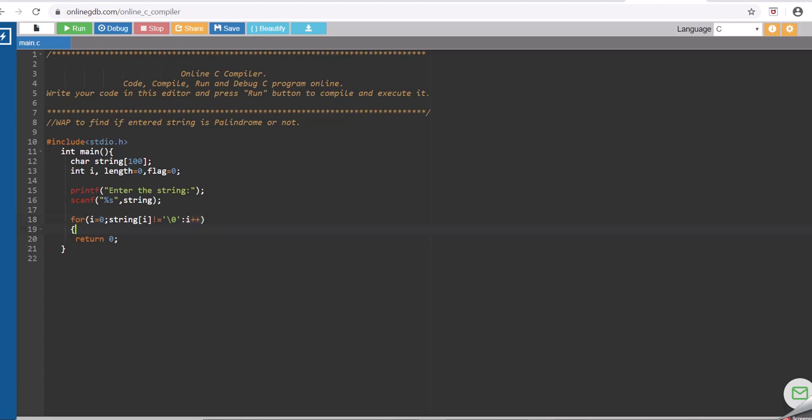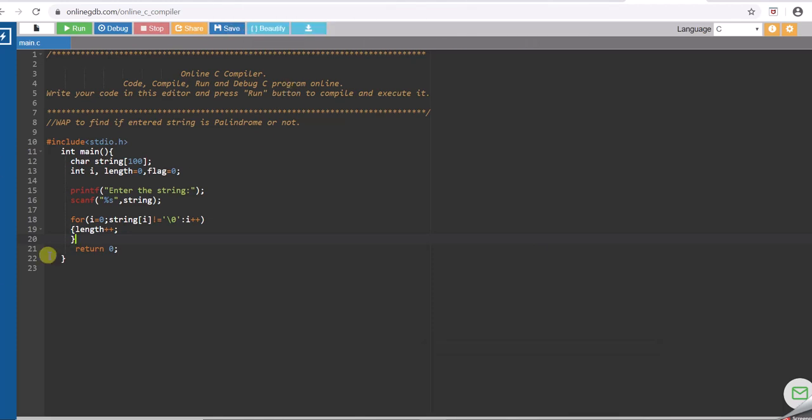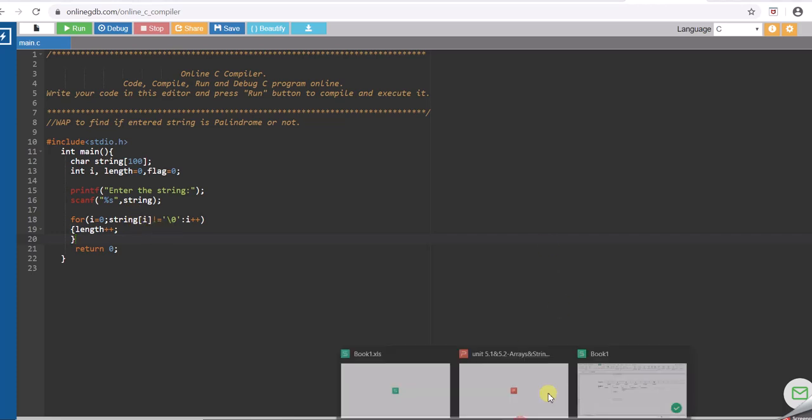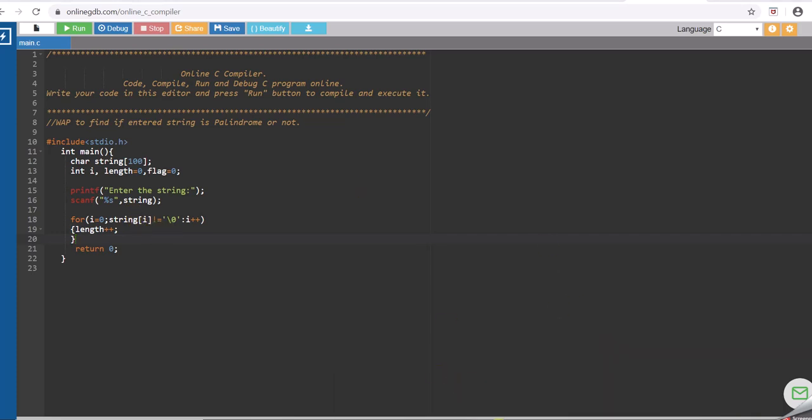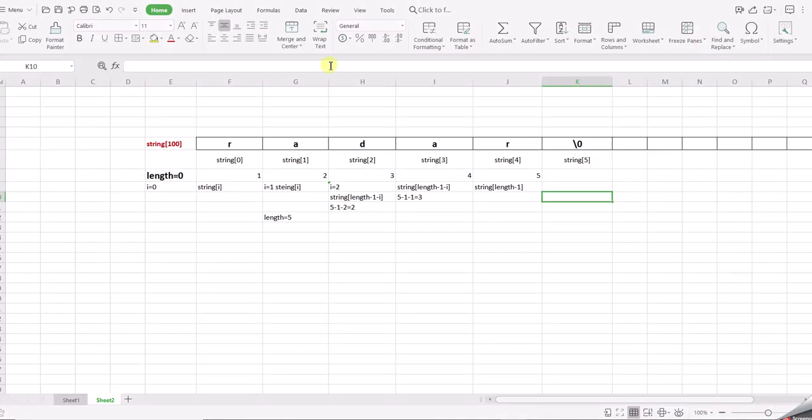I'm going to keep on incrementing the length variable. As you can see over here, I start with i equals 0. The first value over here is string of 0. Is it the null character? You can see over here, string of 0, is it the null character? No. So you increment i plus plus, and length value becomes 1.